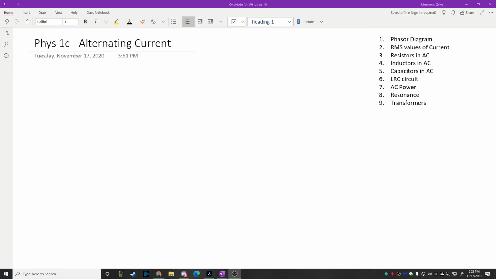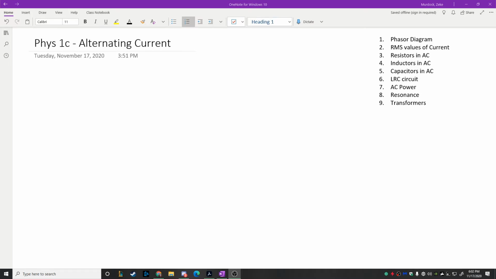All right, so tonight we're talking about alternating current, and there's a kind of long list of what we're talking about tonight. Some of them are pretty short topics. We're going to be talking about just in general what alternating current is and how we're going to describe it using phasor diagrams. We'll describe what a phasor is and how it works, and then we'll talk about what are called root mean square or RMS values,